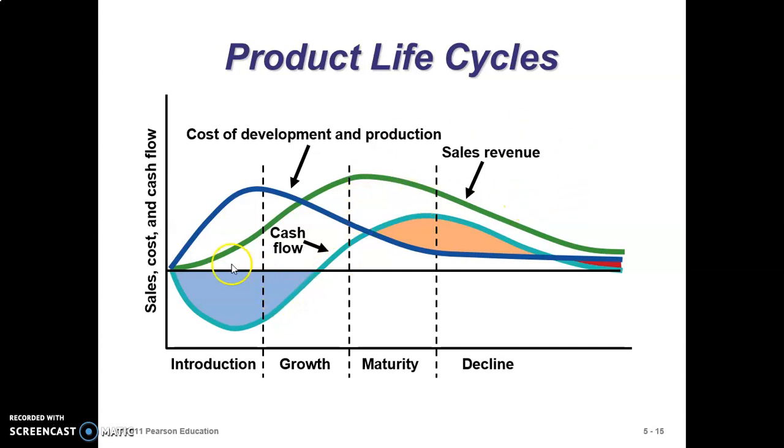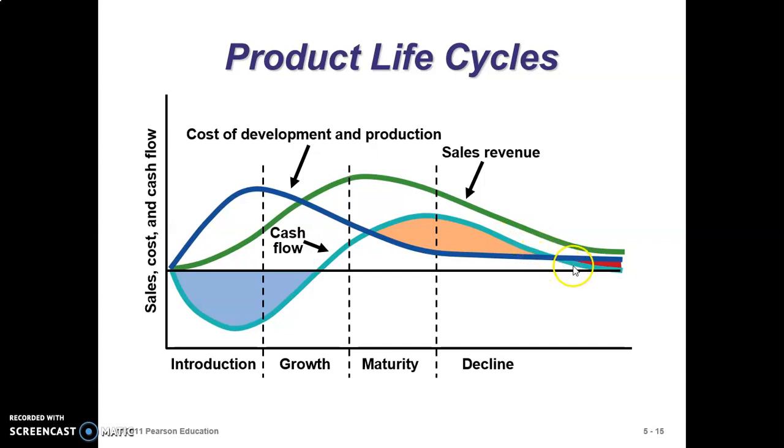Normally at this point we are suffering losses. And when we reach the maturity stage, the line keeps increasing, and up to the decline stage it is decreasing,